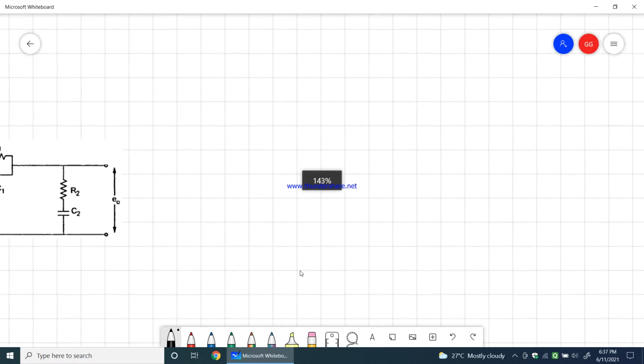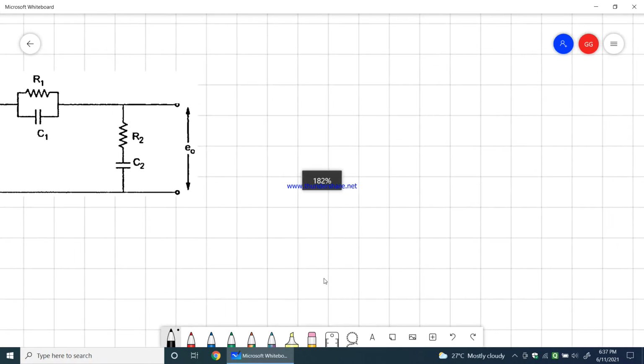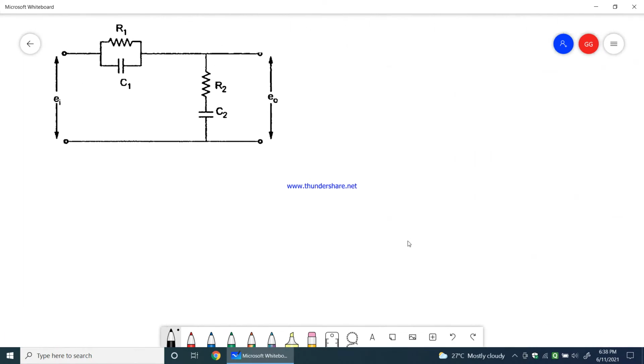Now let us look into this circuit and try to find out the transfer function for this given circuit. The main thing you should see here is that no values of R1, C1, R2 and C2 are given. Still we can derive the transfer function for this particular network. We normally call this parallel and series RC network a lead-lag network. So how do we find the transfer function for this network?